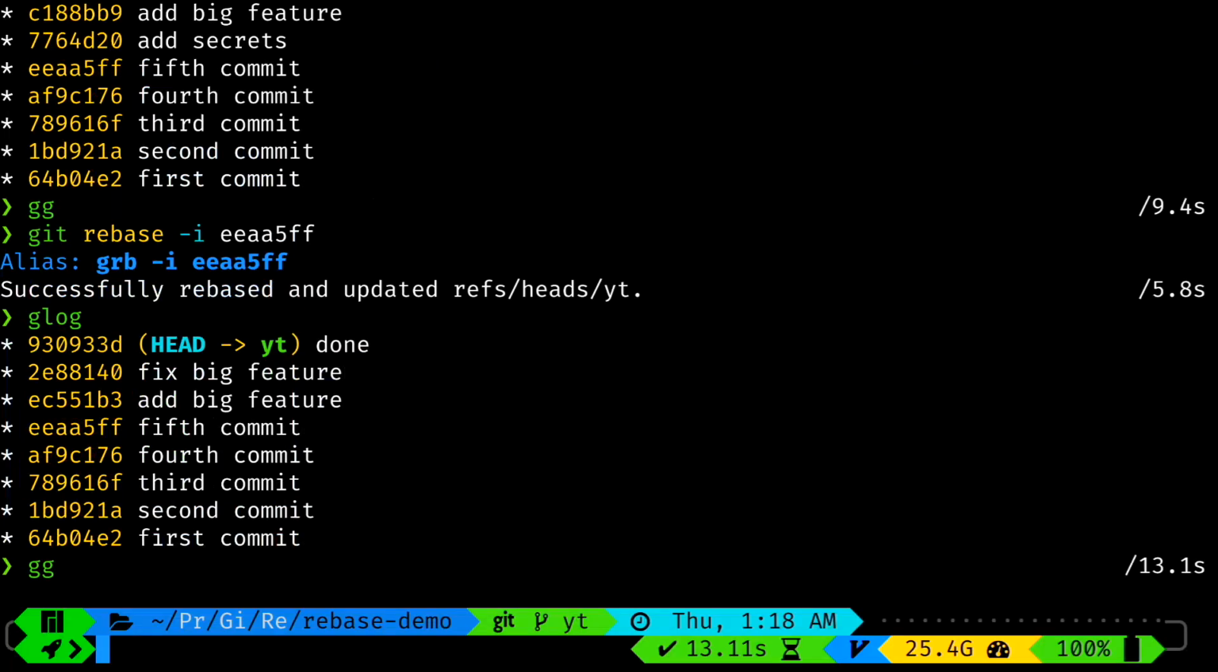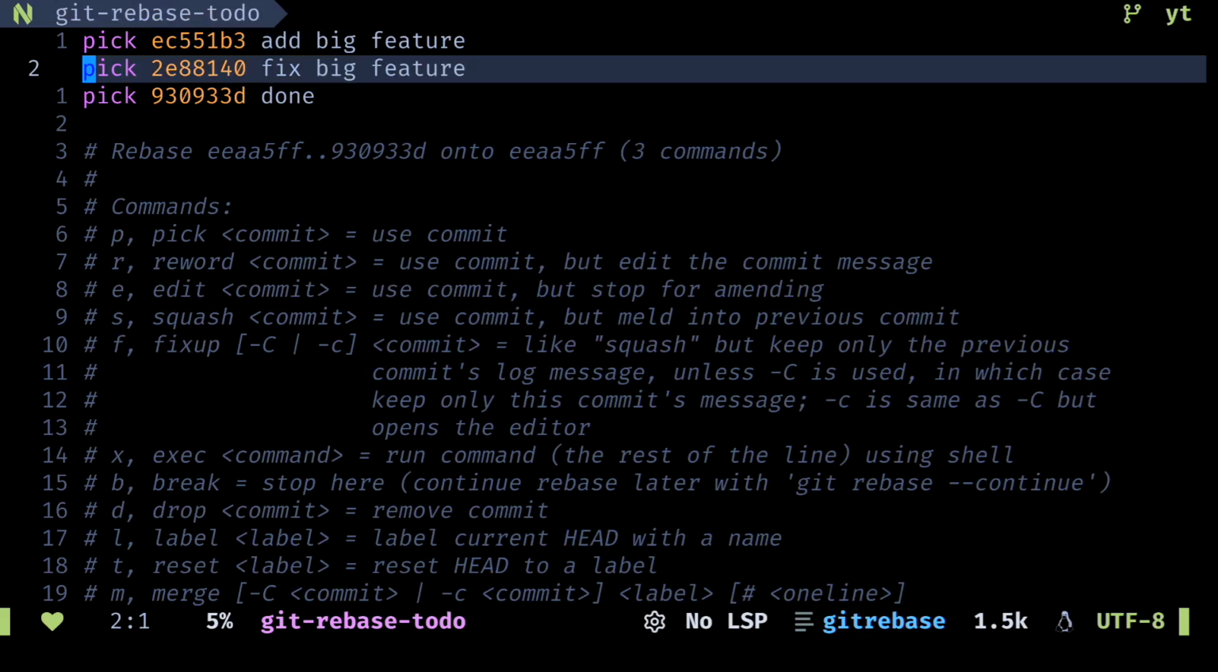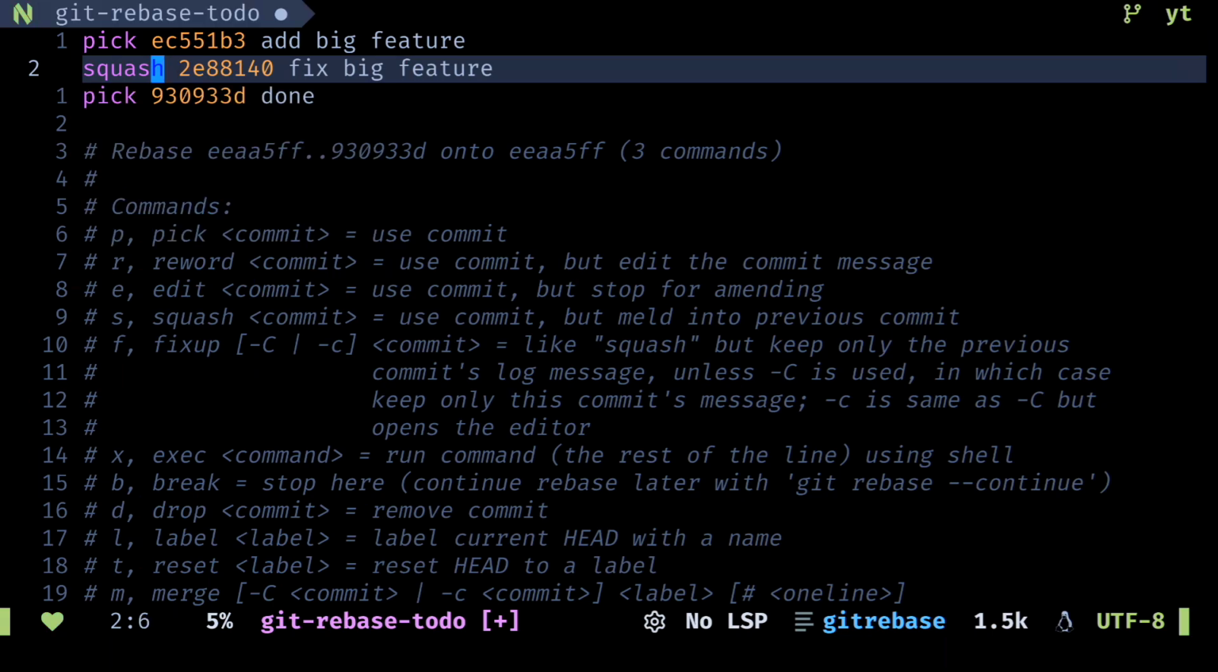So we'll do one thing, we'll be merging these two into a single commit, and we'll use squash for that. So let's copy the fifth commit, and I think I already have it here, so yeah. And what we'll do is we want to merge fix into add, so we'll change this to squash. I could also do fixup here, but using squash will allow me to edit the commit message before we